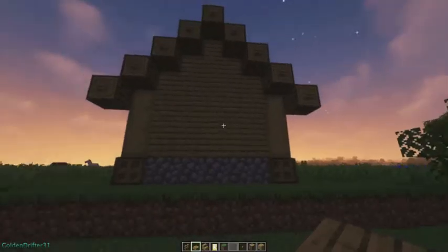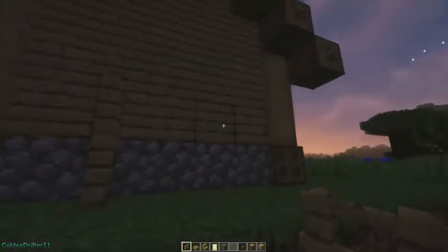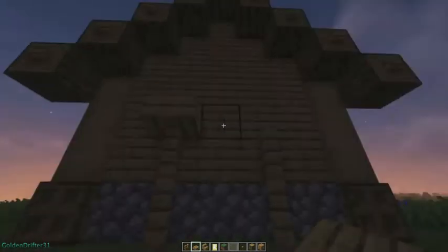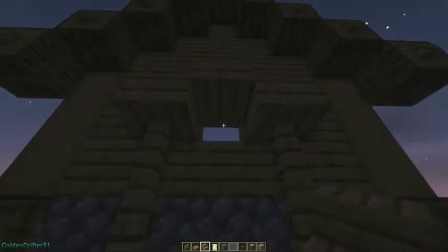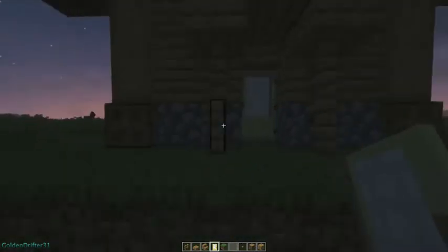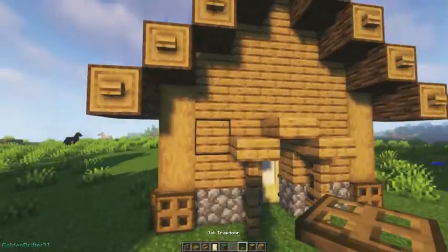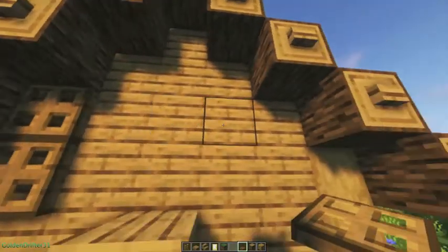Alright. So now that you've gotten your house to this point, you're going to take your oak fences, build up 2 blocks here and there with the dark oak fences, and then just do a mini archway using the slabs here. Then you're going to add an upside down stair there and a birch door. Now the front is pretty well done. All I would say to do is just add a couple of trapdoors right there,